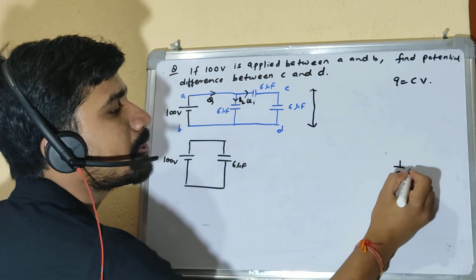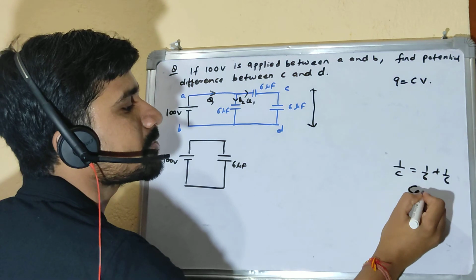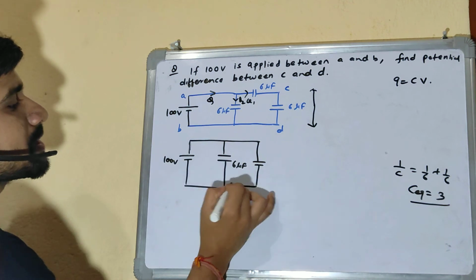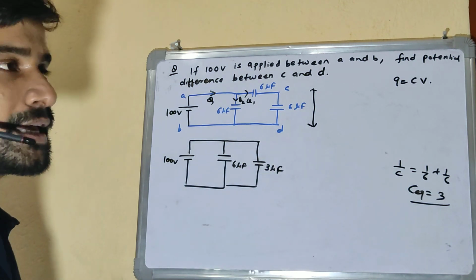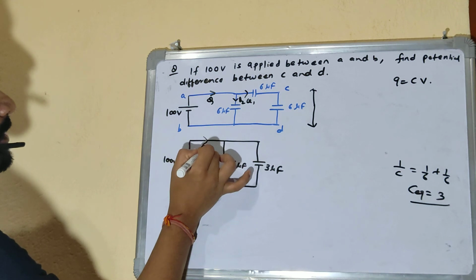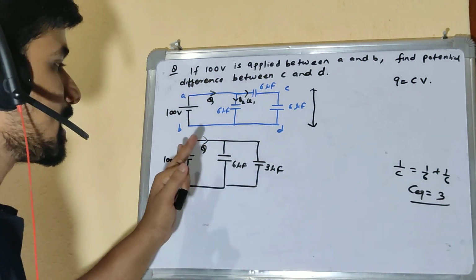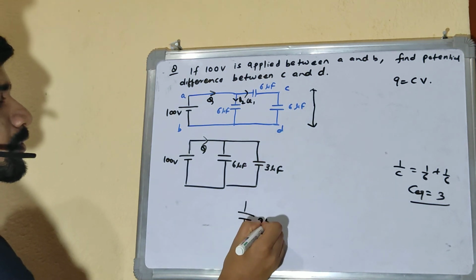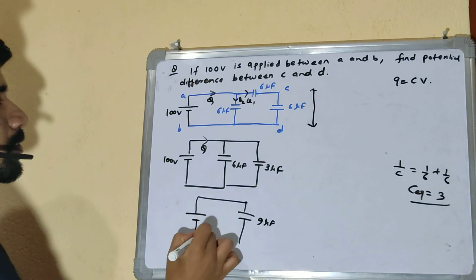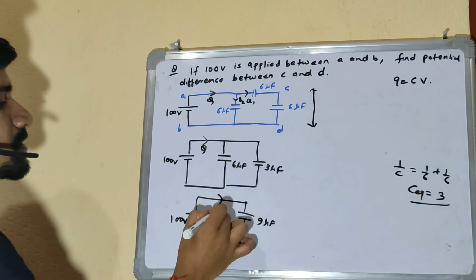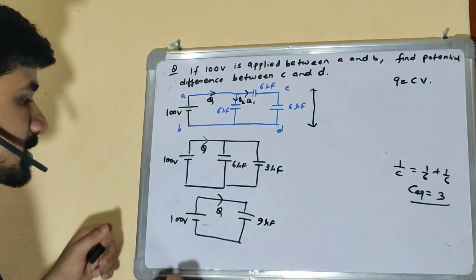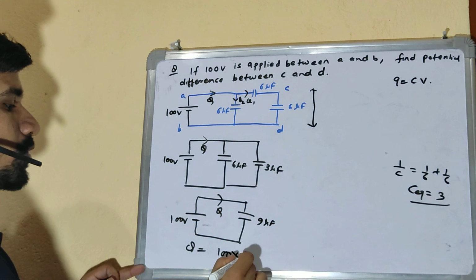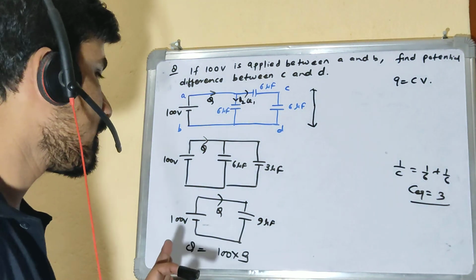So the equivalent will be 1 by 6 plus 1 by 6, so C equivalent will be 3. I'll replace these two series capacitors by a 3 microfarad capacitor, right? I need to find this Q first, and the same charge is going through. If I again redraw this, this becomes a parallel combination, which becomes 9 microfarad, connected across a 100-volt battery, and the charge is Q. So now I can find the net charge supplied by the battery, which is C into V. So 100 into 9, which is